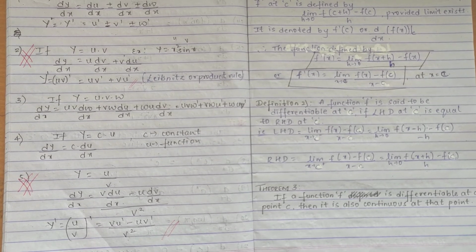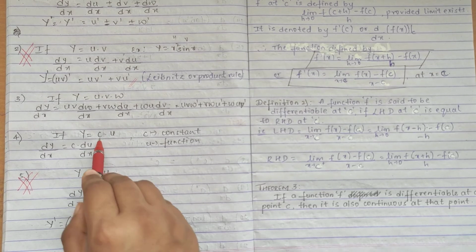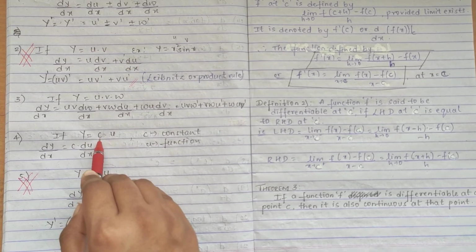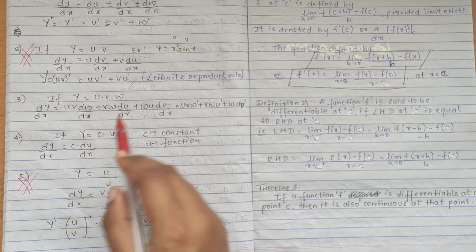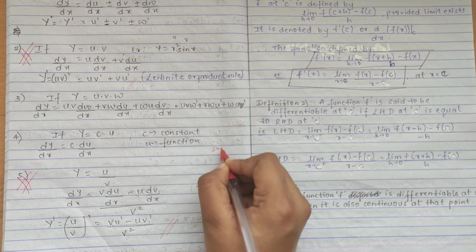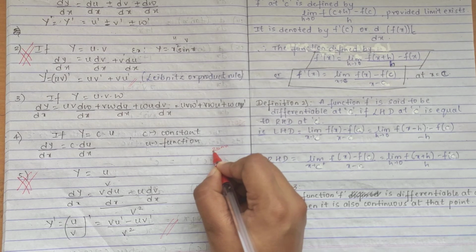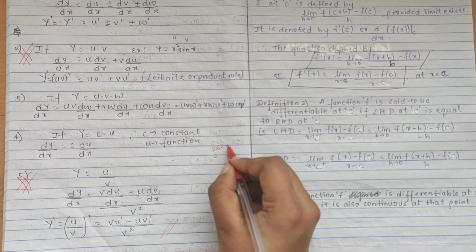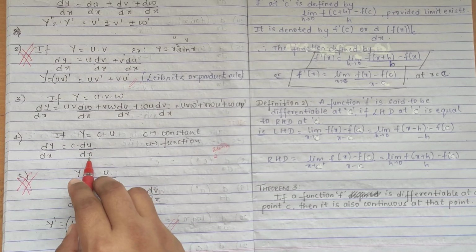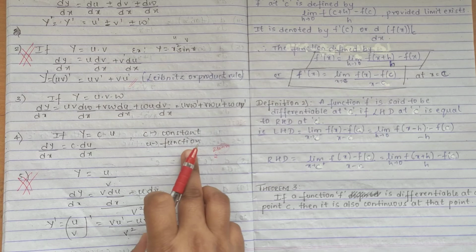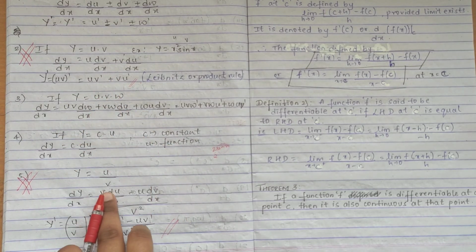Next, if you have a constant and a function, y is equal to c into u. I have told you, if c is there, anything like that is considered a constant. Suppose you have 2 into sin x. So 2 is a constant, right? It is a product, but it is a constant. We do not differentiate 2, keeping it as it is, only differentiating your sin x. So c we keep as it is and differentiate du by dx, where c is a constant and u is a function.